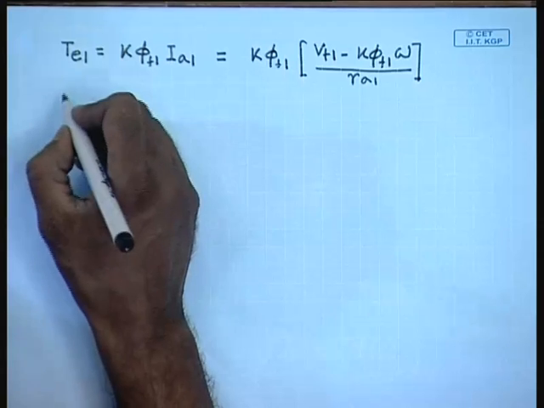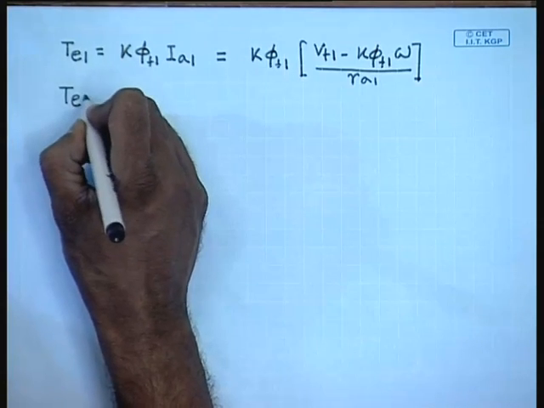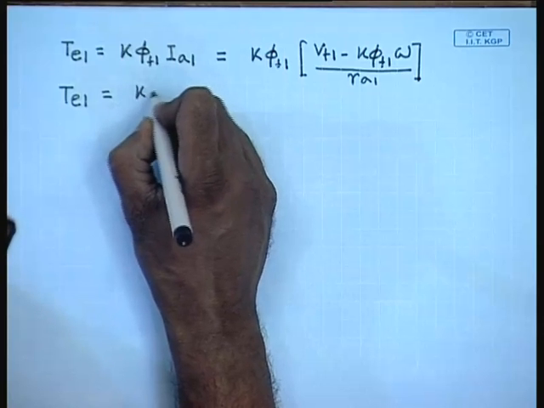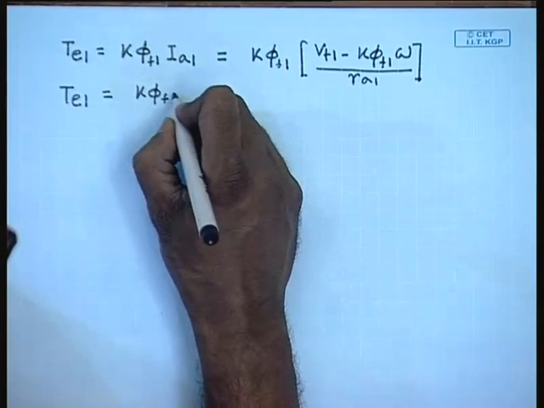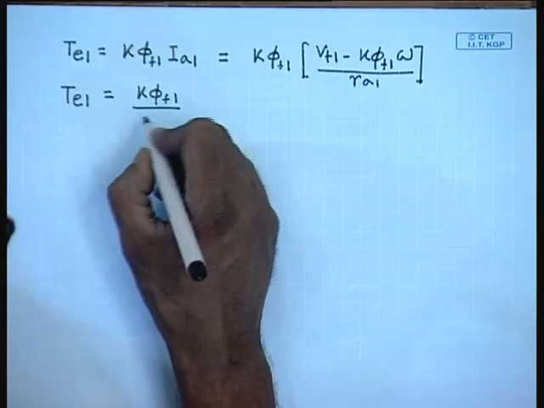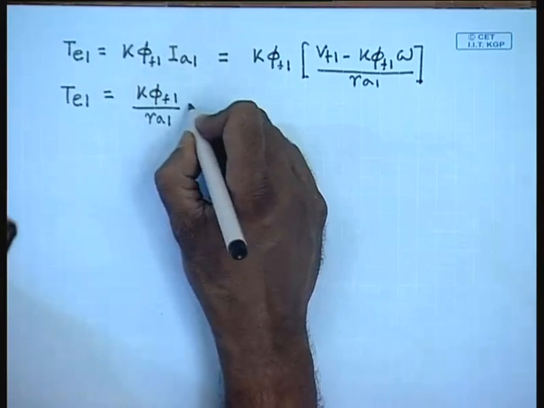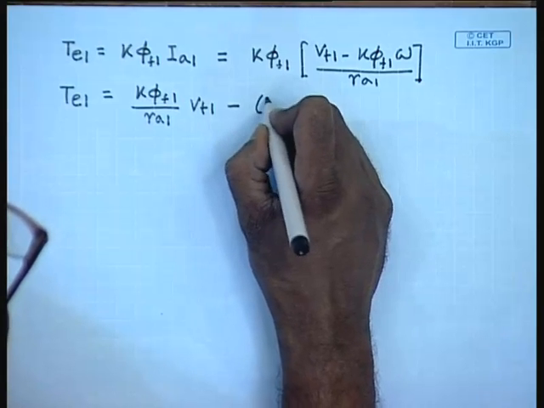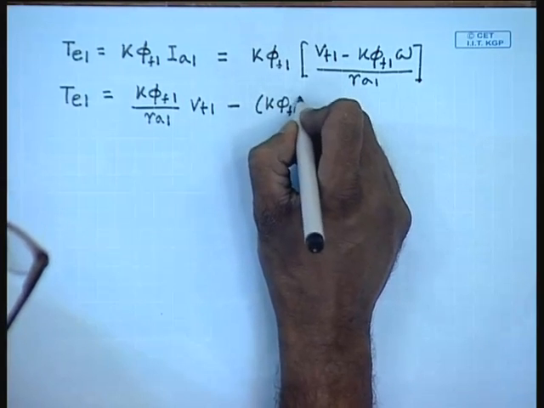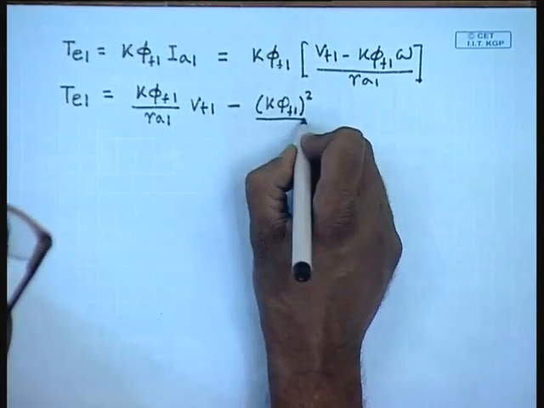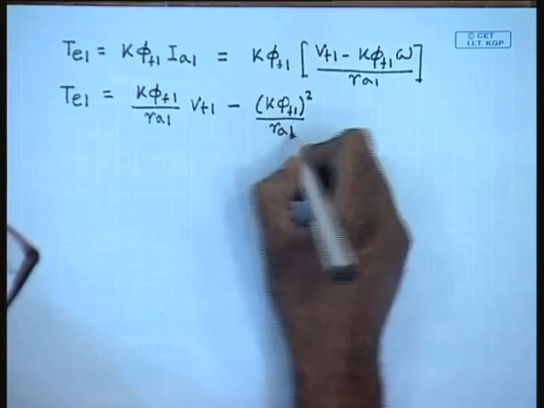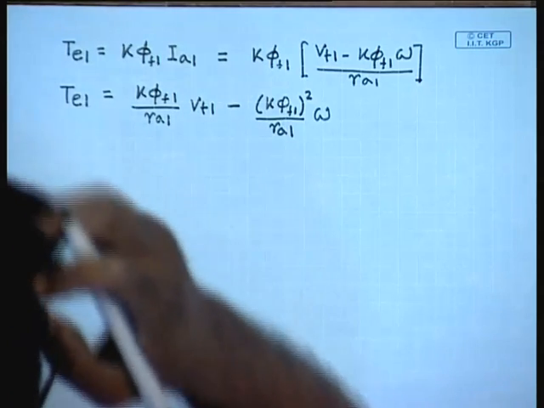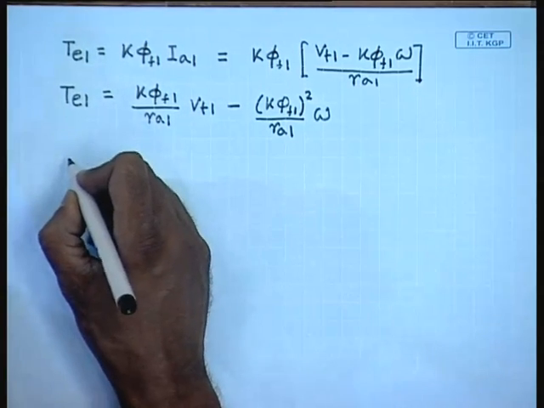This can also be written as Te1 equal to K phi f1 by Ra1 times Vt1 minus K phi f1 whole square by Ra1 omega, or in other words we can write omega as